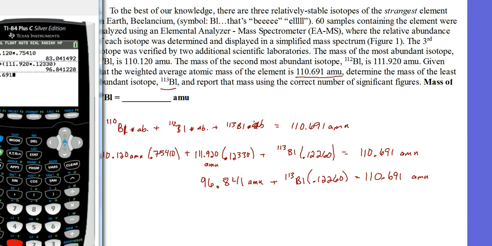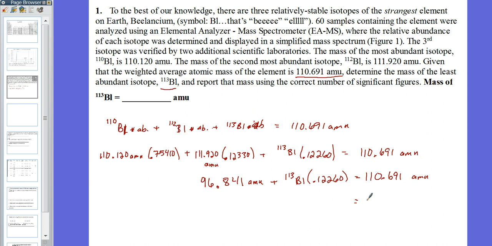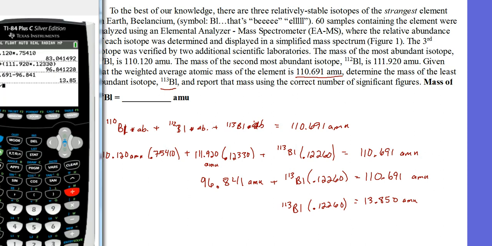On my calculator, I have 110.691 minus the 96.841, and you get 13.85, but you need to keep that third decimal place, so it's 13.850. That's equal to the Bl-113 times the abundance, 0.12260. Now I just have to divide both sides by 0.12260, and I get